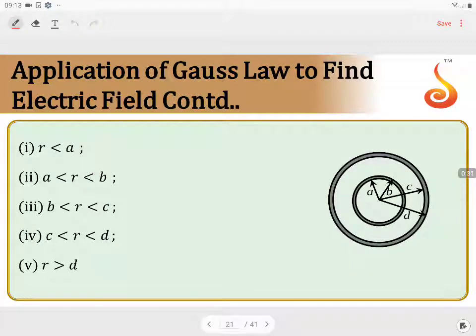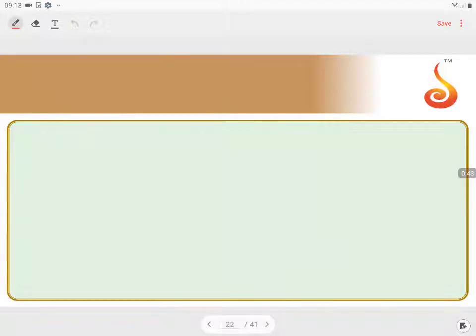for r less than a, r in between a and b, r in between b and c, r in between c and d, and for r greater than d. So let us see this. So here we have